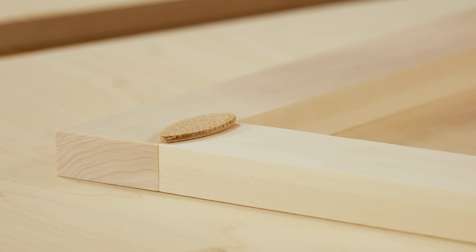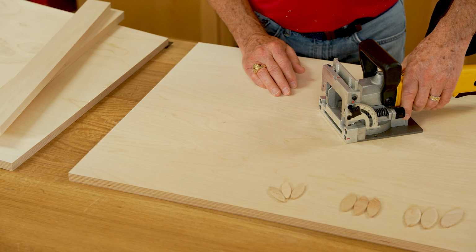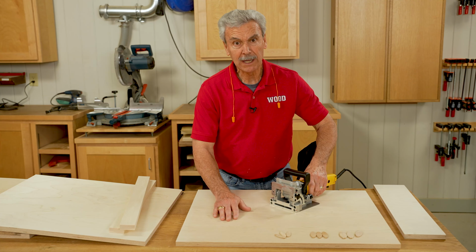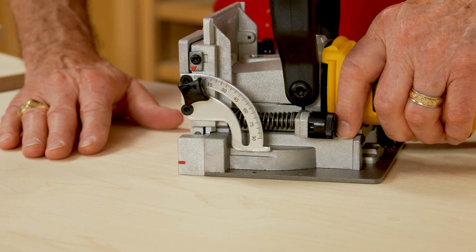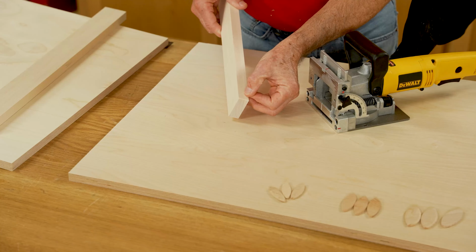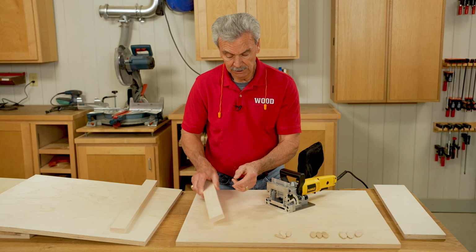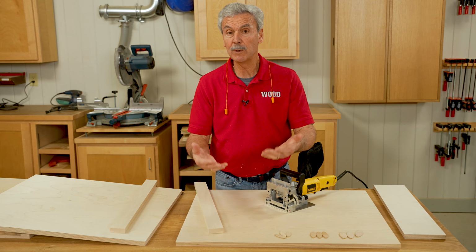And one more little tip on how to use a biscuit joiner. On this particular model, it indexes or lays out on the back side of this, like so. If I were doing big projects like this, I would put all of my material good side facing down, because as this sits flat on that surface and put biscuits in, it puts them at exactly the same distance from the face all the time, which is on the bottom. So if my material isn't all exactly the same thickness, at least the top will always be nice and flat